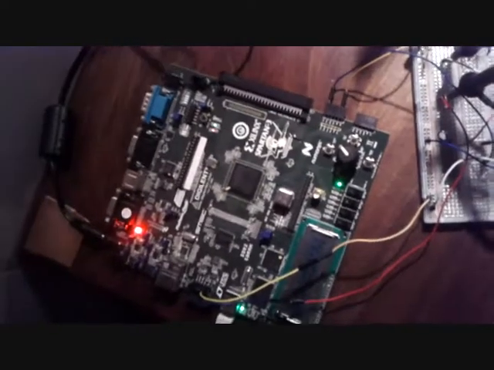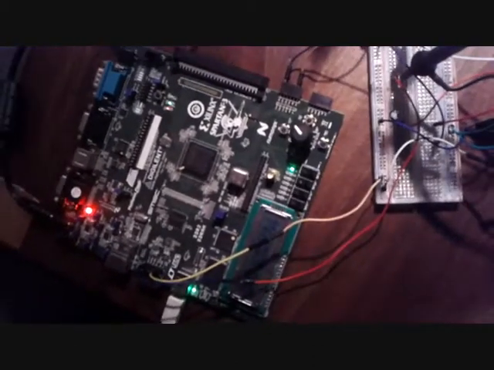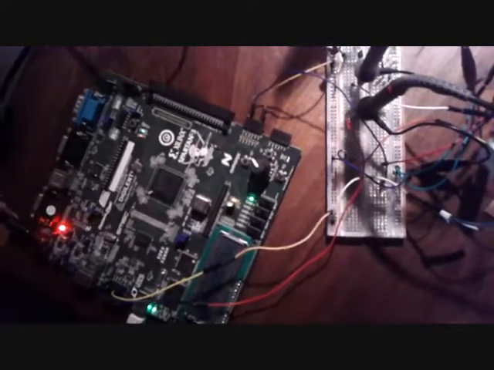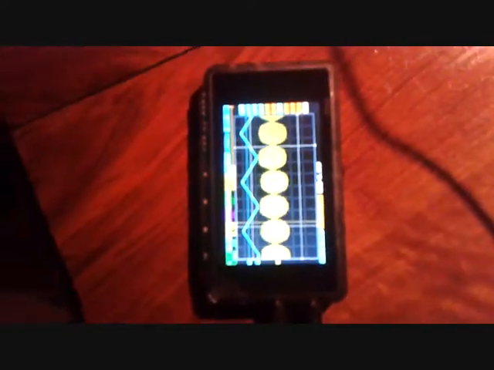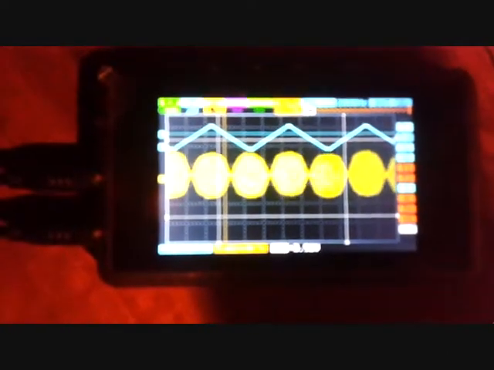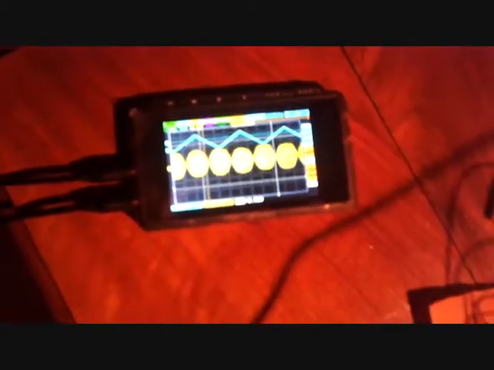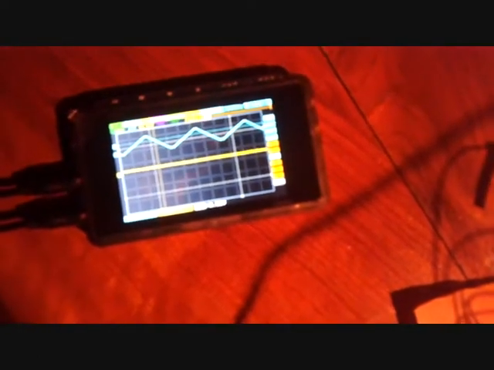So let's right now see the real design. Once I've downloaded the program onto the FPGA, here it is, and here I may change the frequency of the modulation via the two buttons I was talking about before. And here on the scope we may see the modulated signal and the baseband signal. I'm using a Chinese scope that I bought for less than $100, and so apart from watching it on the scope,